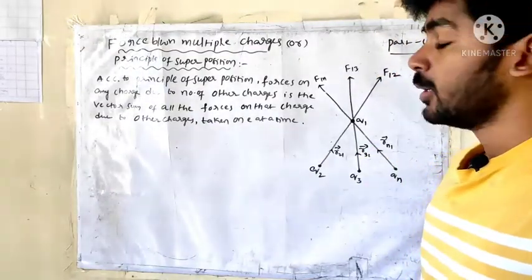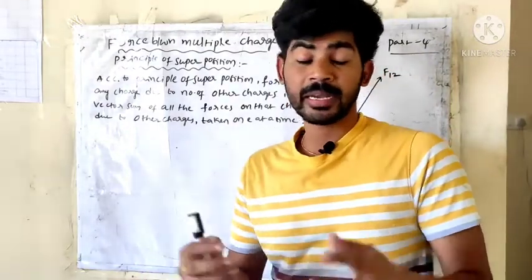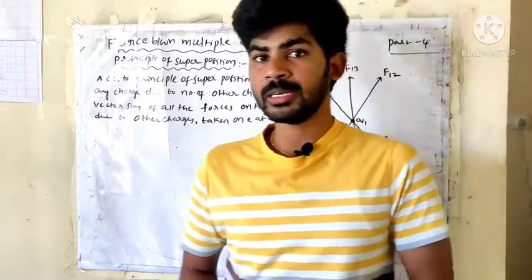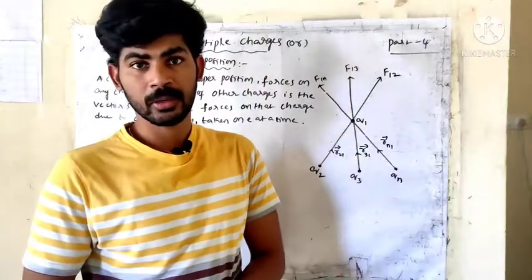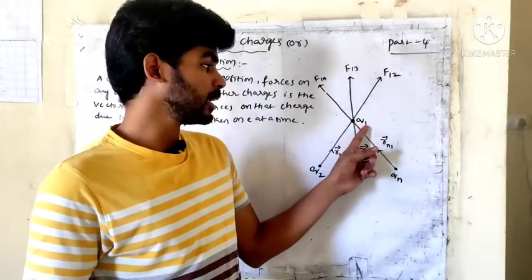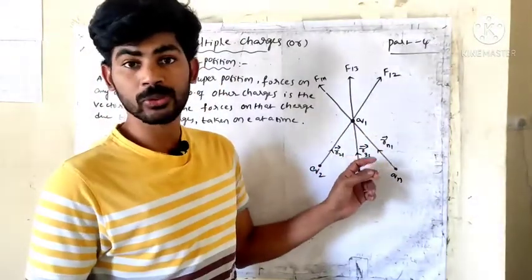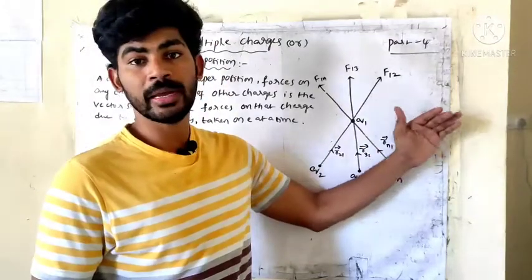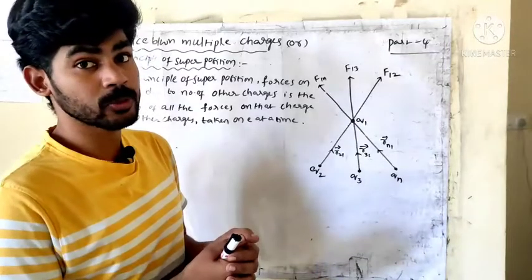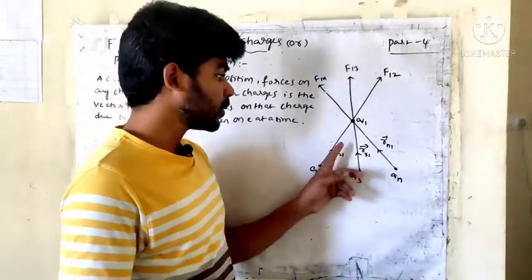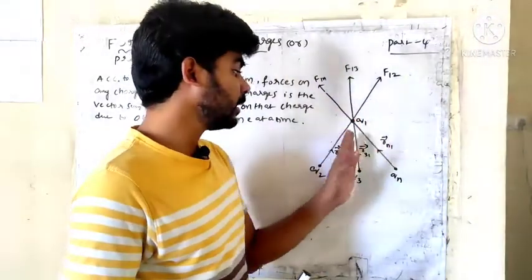Here I am taking one single point charge, and near it, at some distance, I am taking n number of point charges. The individual forces from these n point charges are applying on the q1 point charge. The q2 point charge applies a force on q1, and q3, up to q4, q5 and so on up to qn also apply forces on q1. According to the principle of superposition, q2 applies a force on q1, and we have to take each individually, since it does not affect the other charges.